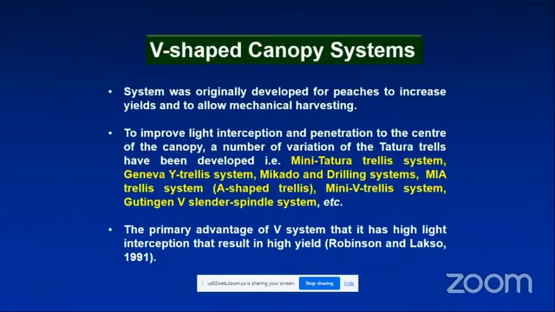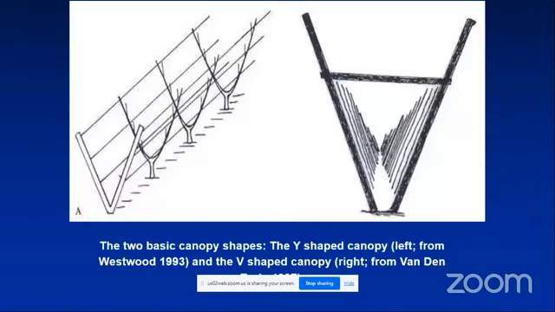And then the V-shaped canopy system. This is a very good planting system being developed particularly for peach to increase the yield and to allow mechanical harvesting. To improve light interception and penetration of the canopy, a number of variations of the Tatura trellis system have been developed. That is the mini Tatura trellis system, the Geneva white trellis system, Mikado, and different shapes and different preferences